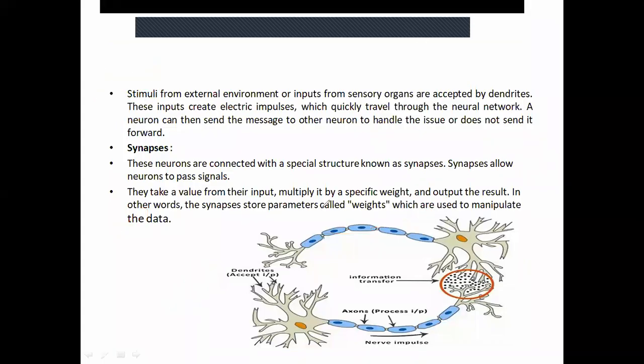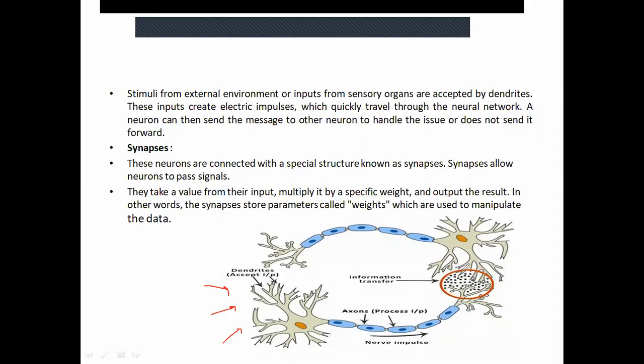Okay, so the signal that I was talking about is actually the electrical signal. The signal that is moving, suppose, from our hand to the brain, that is the electrical signal. That signal is being passed through this axon to these axon terminals. Then there is some space in between the axon terminals and, you can see, the second neuron.